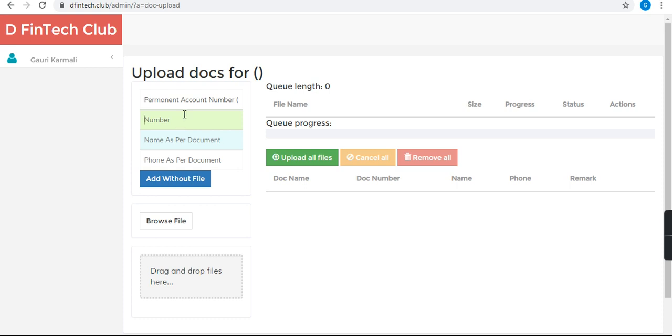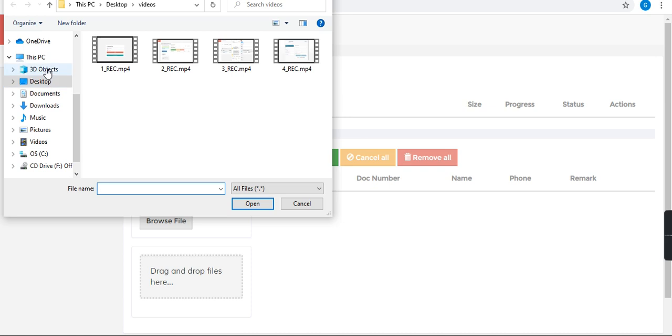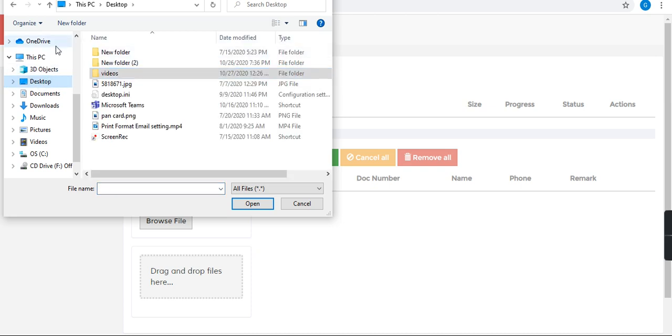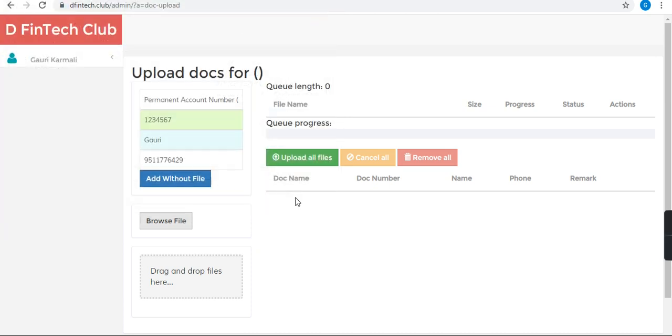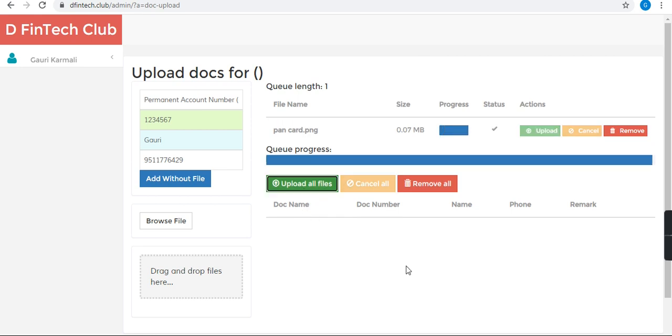So suppose I am choosing PAN card here. Okay, I'm going to browse a file. So here I have a PAN card and I will just say upload all documents.